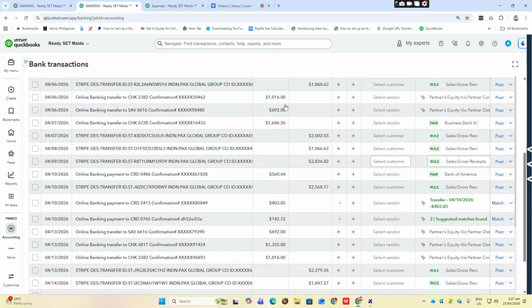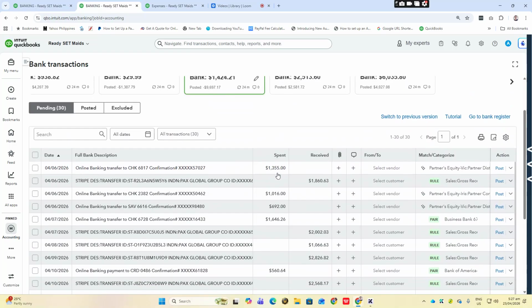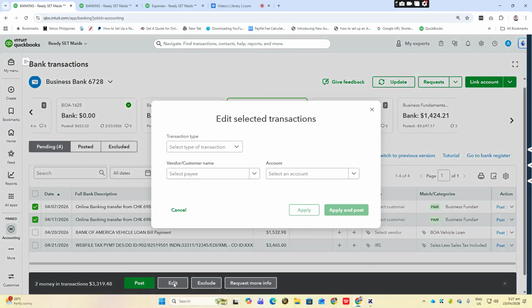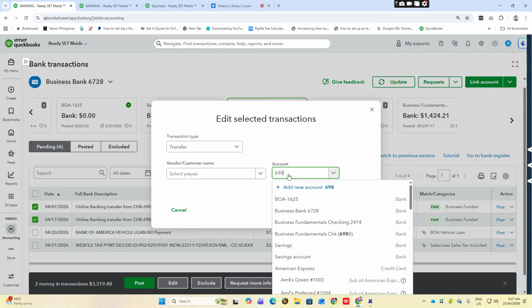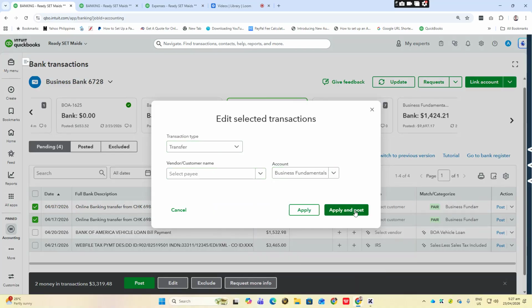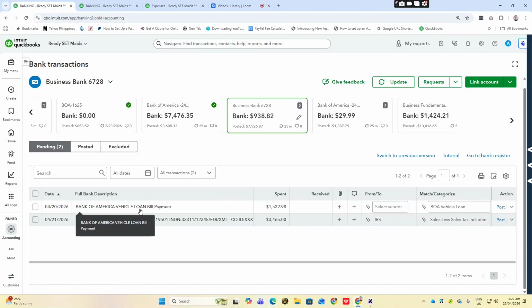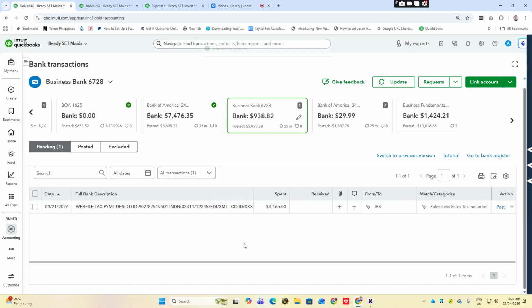Okay, so under spent column for 6988 and under received column for 6728. Okay, so edit. So this is transfer. This is 6988, right? Okay. So Bank of America, vehicle loan, post.